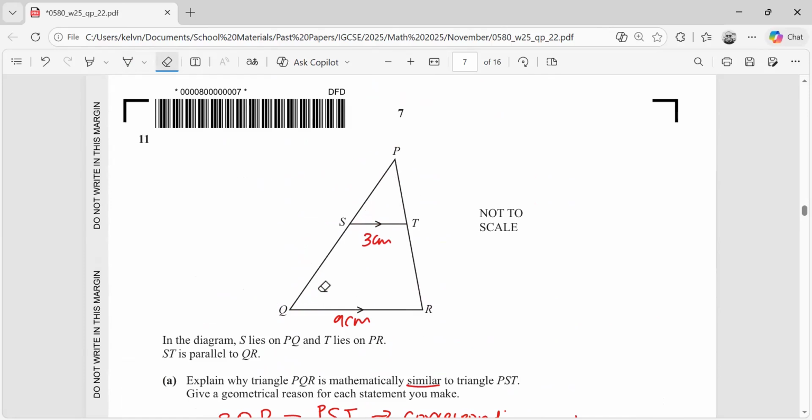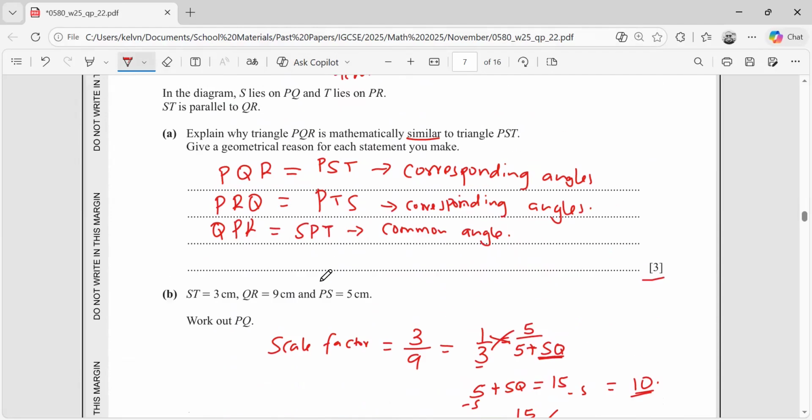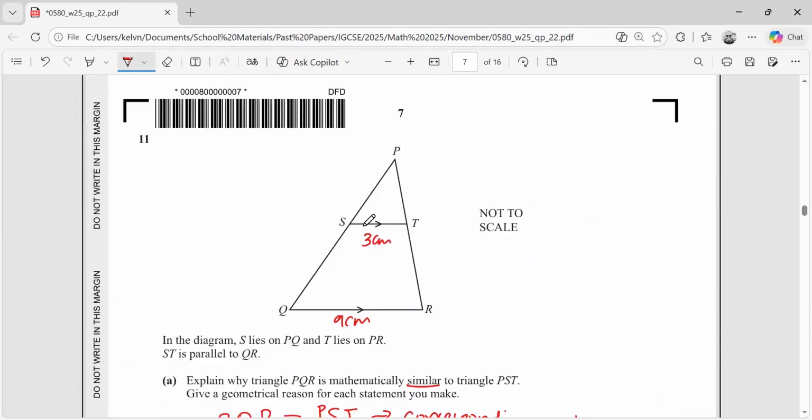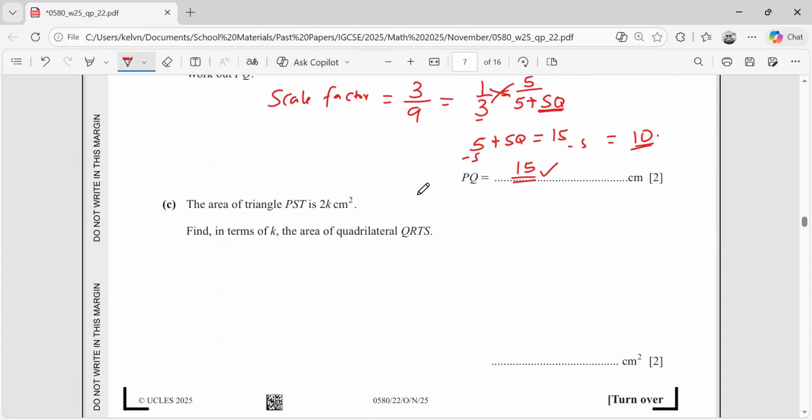Okay, so I'm told triangle PST, the smaller one, is 2k centimeters squared. So you're told find in terms of k the area of quadrilateral